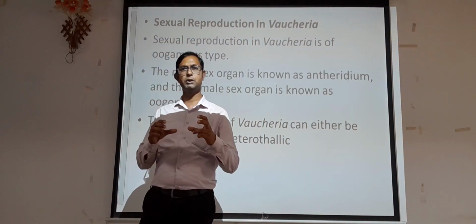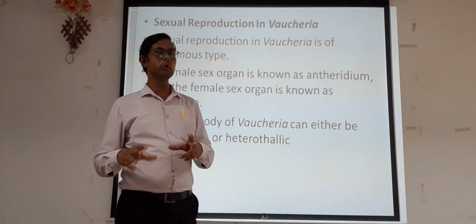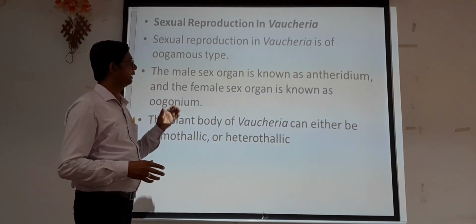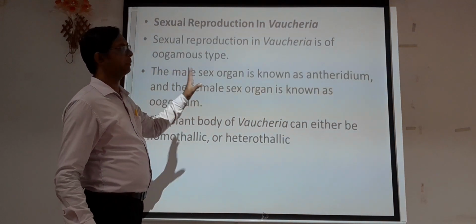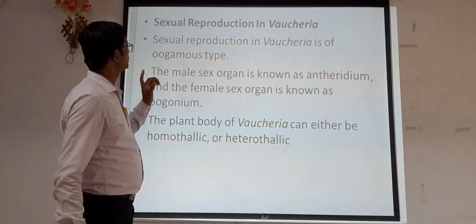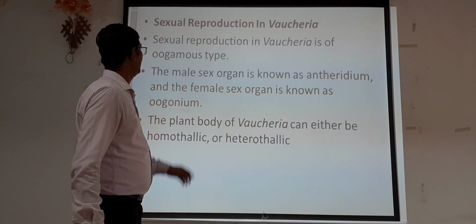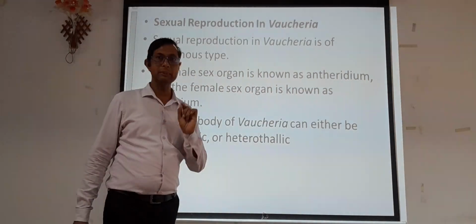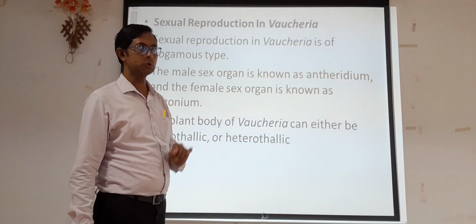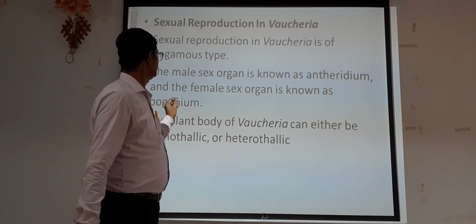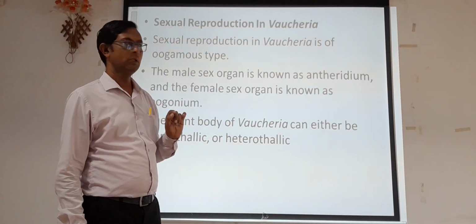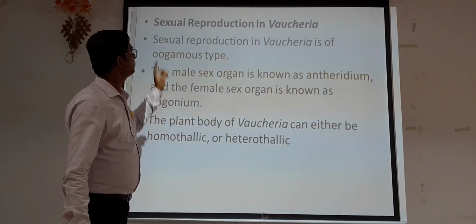So these two structures, antheridium and oogonium, are produced, and it is the most important requirement in sexual reproduction. So sexual reproduction takes place with the help of antheridium and the oogonium. Antheridium is the male sex organ, whereas oogonium is the female sex organ which is developed for the production of